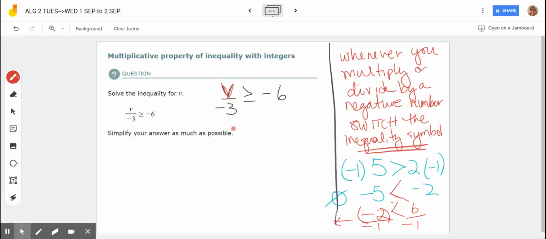What is the -3 doing? It's dividing. What's the opposite of division? Multiplication. Because this is written in a fraction form, I told you this will come up again and again. I kind of think it's easier sometimes to think of it as -3/1. For some, it will help you when we get into harder problems. Of course, it is just multiplying by -3. These would cancel, and you get v is greater than or equal to